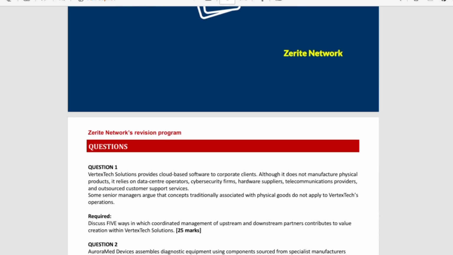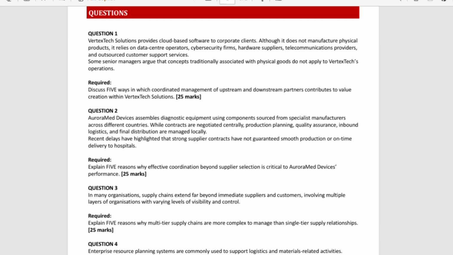So I'm going to take you through the process of how you do that, and also show you where you can access some of these questions and give you several